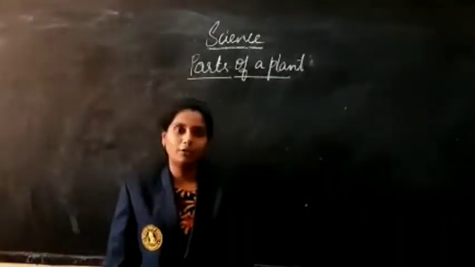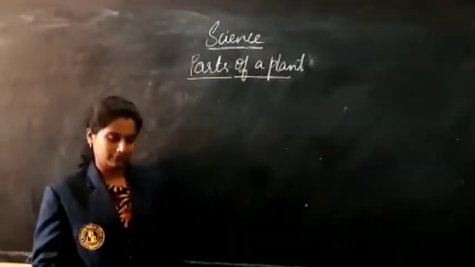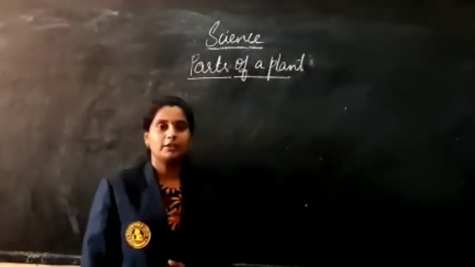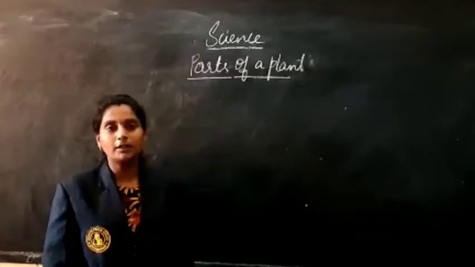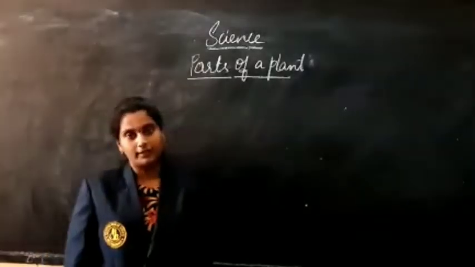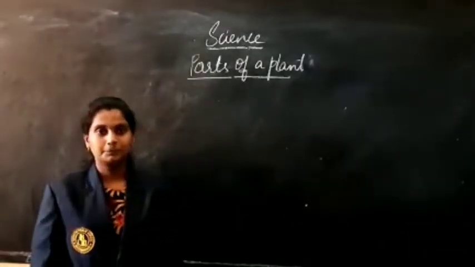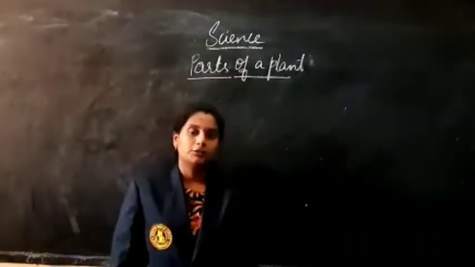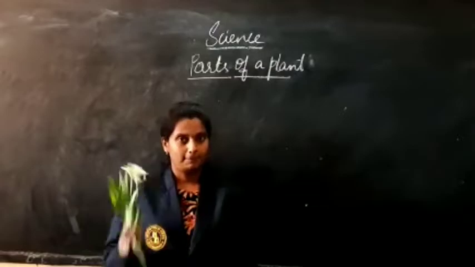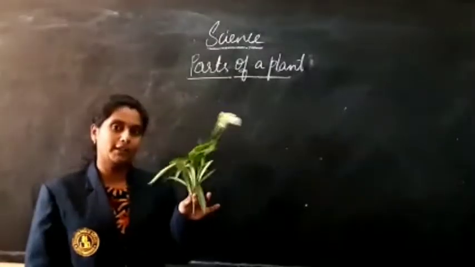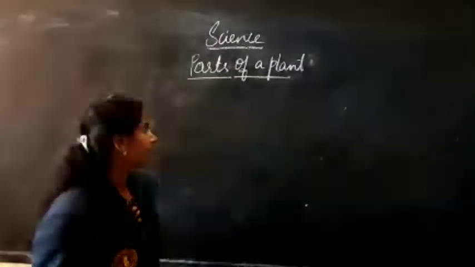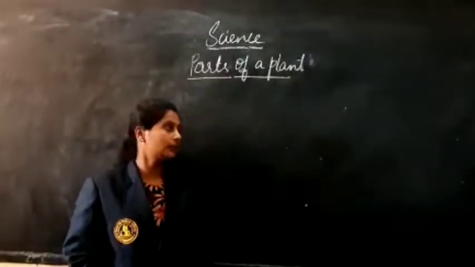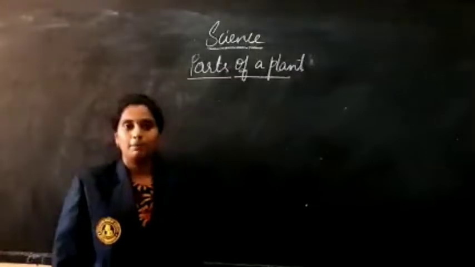So, before going to the topic, let me say something. When you are walking on your roadside, you can see a number of things. What will you be seeing? Vehicles, human beings, plants, animals. Okay. So today we are going to see about a plant. You can see a plant in my hand. We are going to see about a plant and the parts of a plant. Our lesson name is parts of a plant.